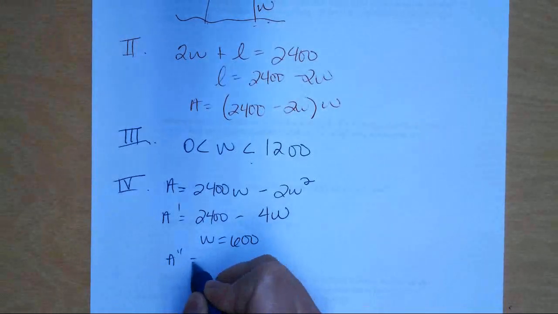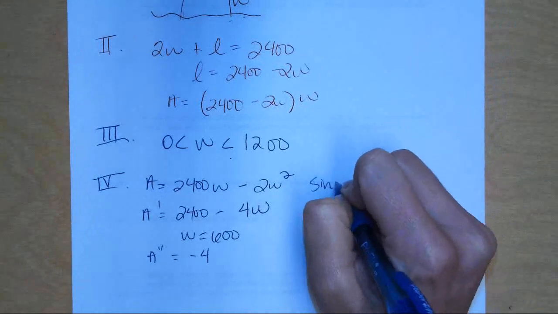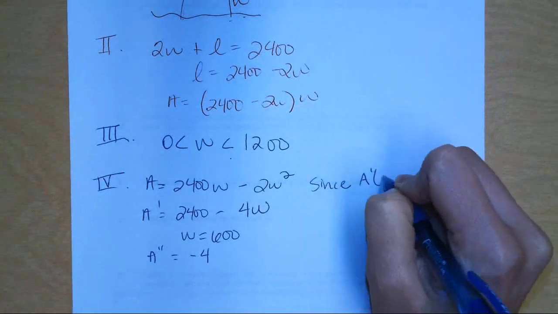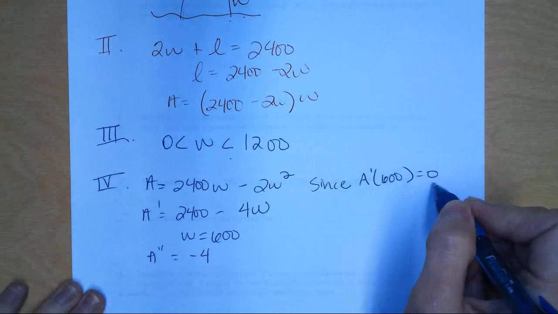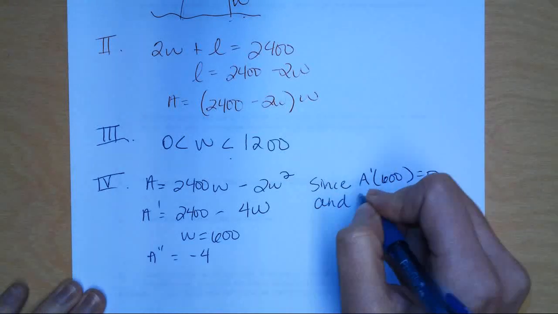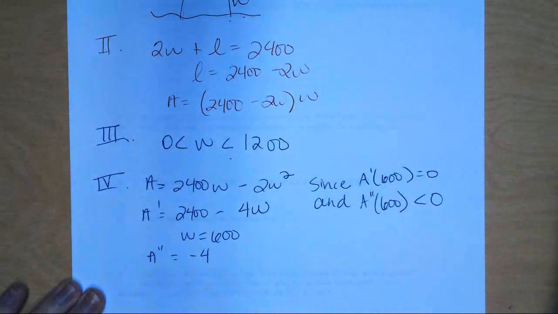The second derivative is -4. And I can say, since A prime of 600 equals 0, remember if you're going to use the second derivative test, this is also good review, you have to say that the first derivative is 0 and whatever the second derivative is. So since the first derivative at 600 is 0 and the second derivative at 600 is negative, less than 0,